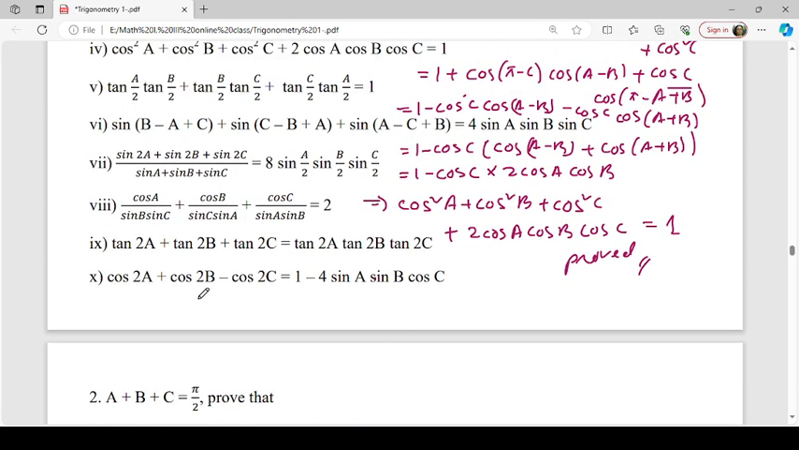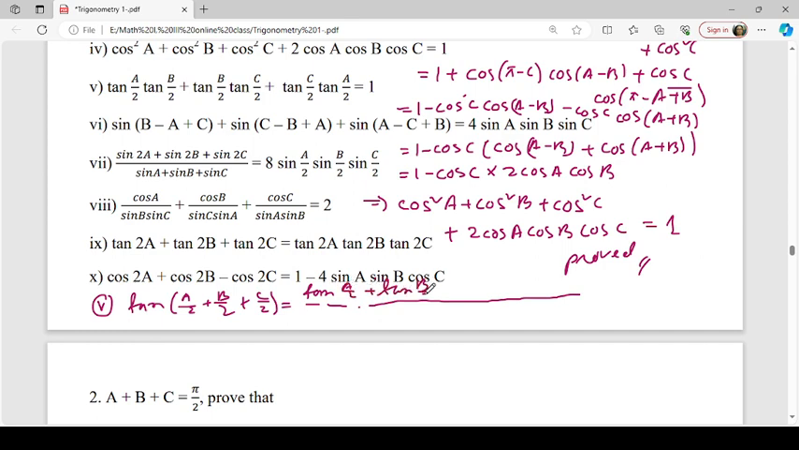So here we will write it. Number 5: tan of (a/2 + b/2 + c/2) is equal to, the numerator is, so expand, tan(a/2) + tan(b/2) + tan(c/2)